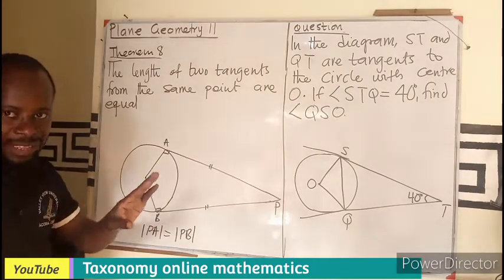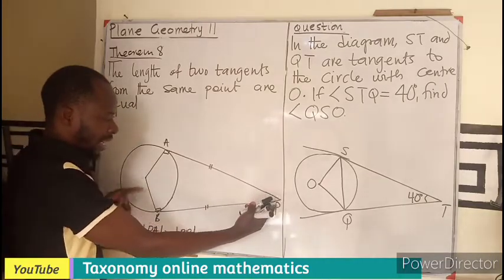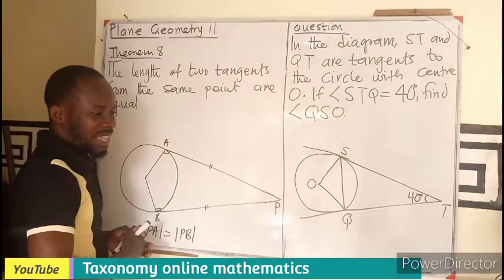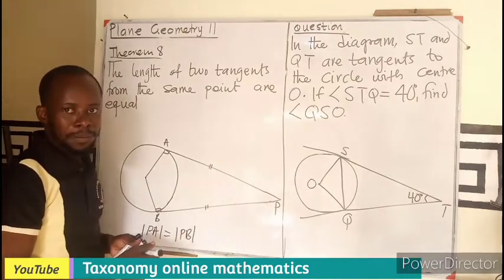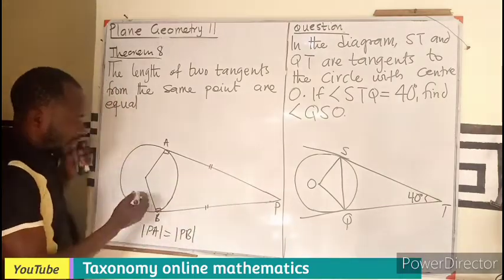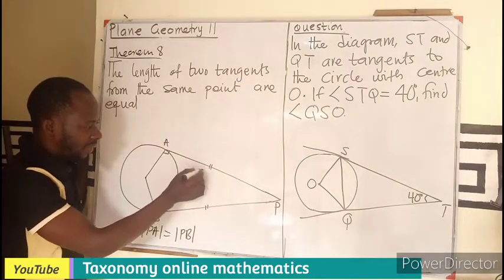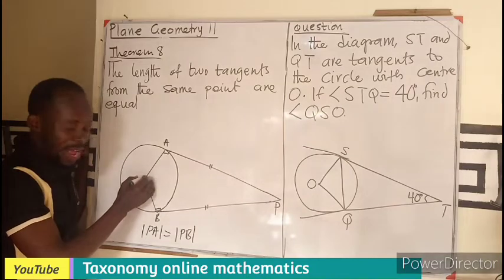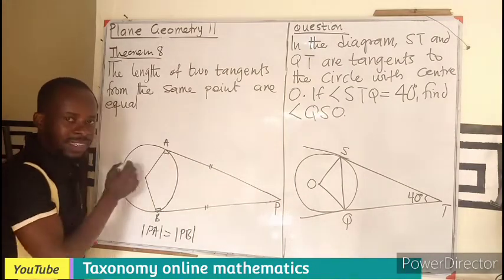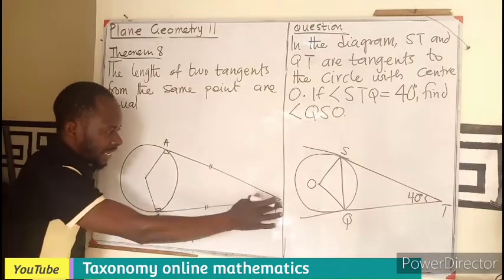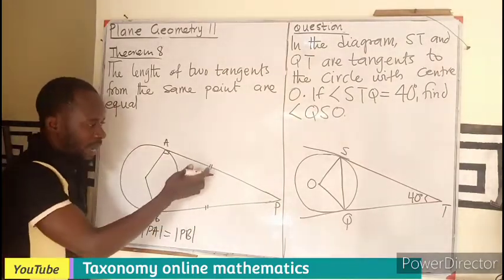Equal. The length. So if this is a tangent and this is also a tangent, since they are coming from the same point, their lengths are going to be the same. Don't forget also that we've learned a property that says that where a radius meets a tangent, it makes an angle of what? 90 degrees. So if we take this diagram out, removing this, it will look like a kite, where this and this